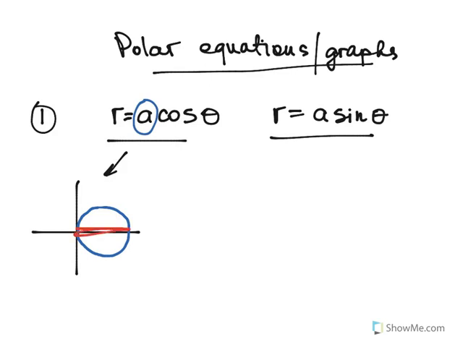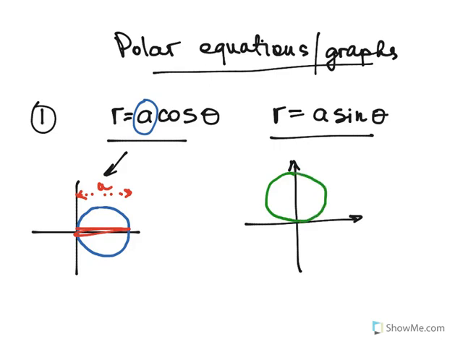Okay, so this distance equals A units. Now, when it's R equals A sine of theta, again, A is the diameter of the circle, and also it is a circle, but in this case,